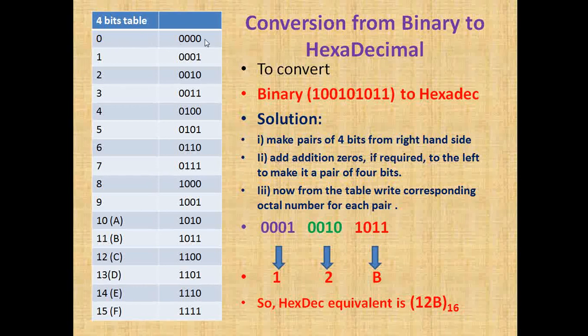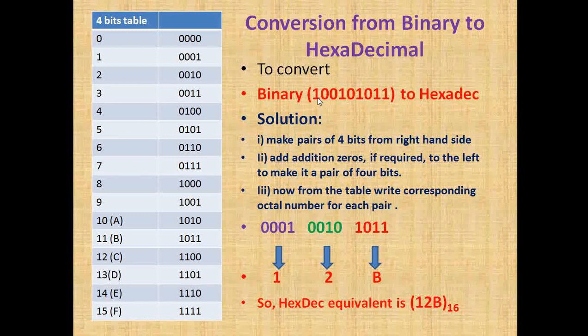4 binary digits. For this, what we will do, we have hexadecimal, total numbers are 16, so we will take half of 16, that is 8, and we will write first 8 zeros and then 8 ones, then we will write 4 zeros, 4 ones, again 4 zeros and 4 ones, then we will write 2 zeros, 2 ones, 2 zeros, 2 ones, and finally write 0 1 0 1 0 1 0 1. So we will automatically get this table.